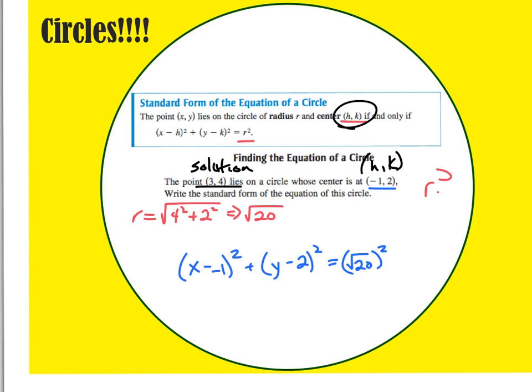And then let's just make that a little prettier. X minus a negative is really x plus 1 squared, and then plus y minus 2 squared is equal to